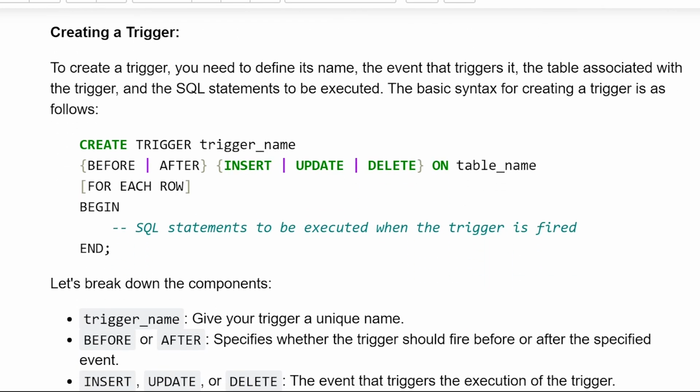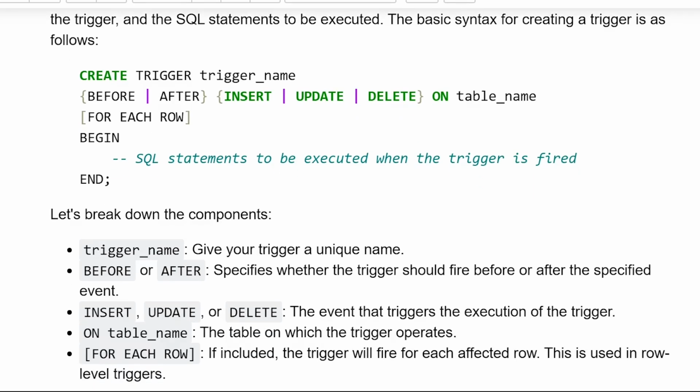Creating a trigger. To create a trigger, you need to define its name, the event that triggers it, the table associated with the trigger, and the SQL statements to be executed. The basic syntax for creating a trigger is as follows: CREATE TRIGGER trigger_name BEFORE or AFTER INSERT or UPDATE or DELETE ON table_name FOR EACH ROW BEGIN, SQL statements to be executed when the trigger is fired,